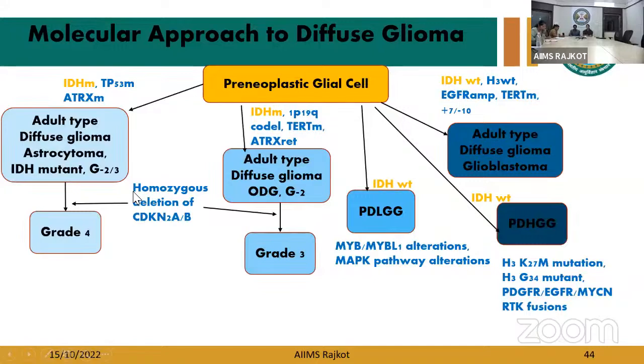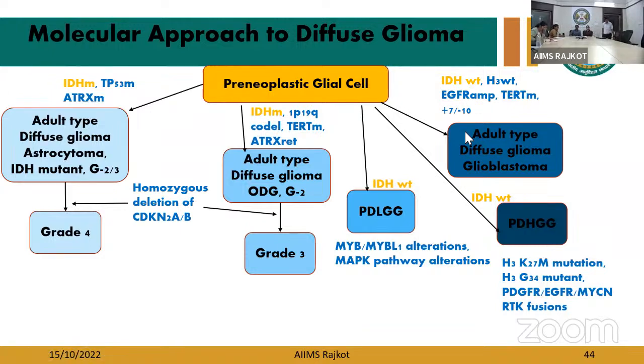So this is the molecular approach to diffuse glioma. If glial cells are showing IDH mutation with ATRX mutation, then it is IDH mutant glioma grade 2 and 3. And if it is accompanied by deletion of CDKN2A or B, then it is grade 4. If there is an IDH mutation with 1p/19q codeletion, then it is oligodendroglioma. If there is an IDH wild type with EGFR amplification or TERT mutation or chromosome 7 addition and 10 deletion,